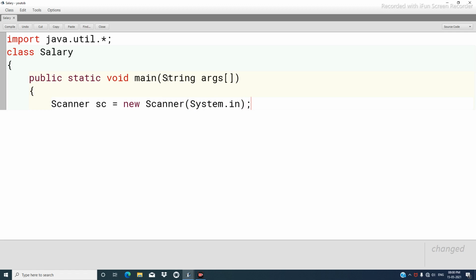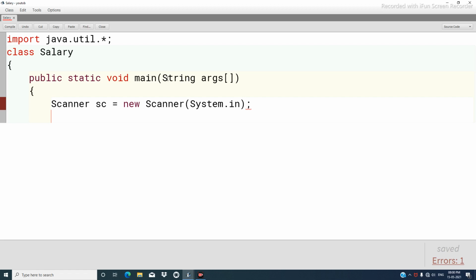So in Java, whenever you write a statement, you will have to end it with a terminator, that is one semicolon. Press enter. So Scanner is the class that will help us with its functions to input the data from the user. Then over here, we declare the variables.